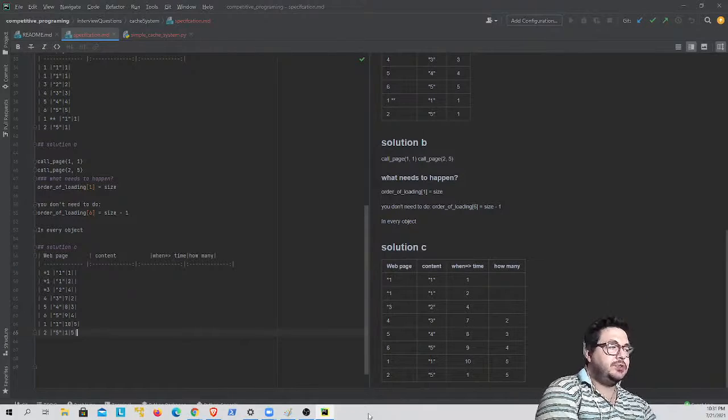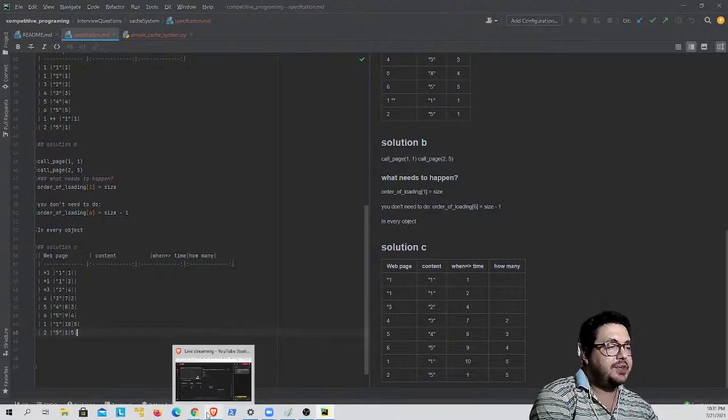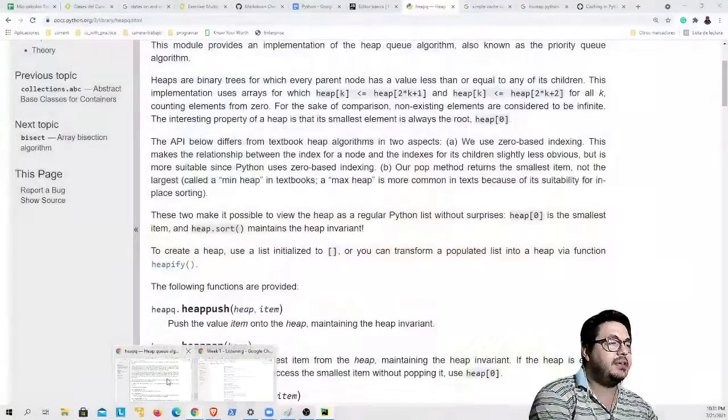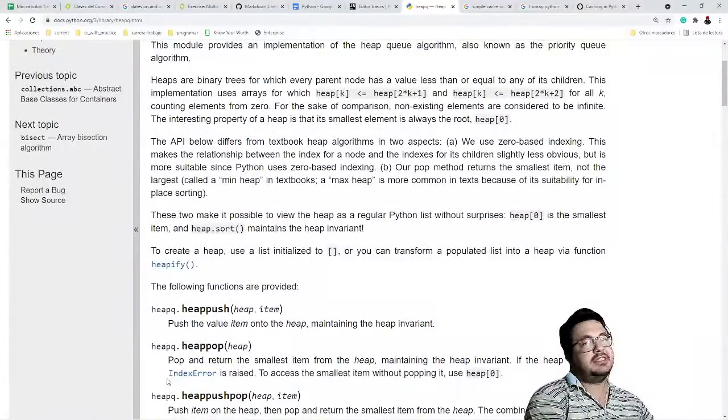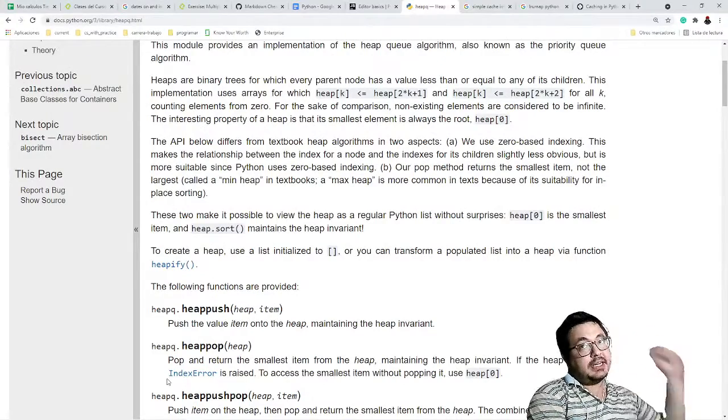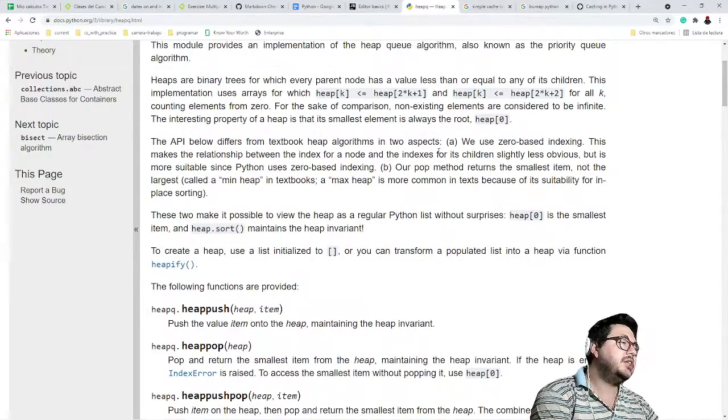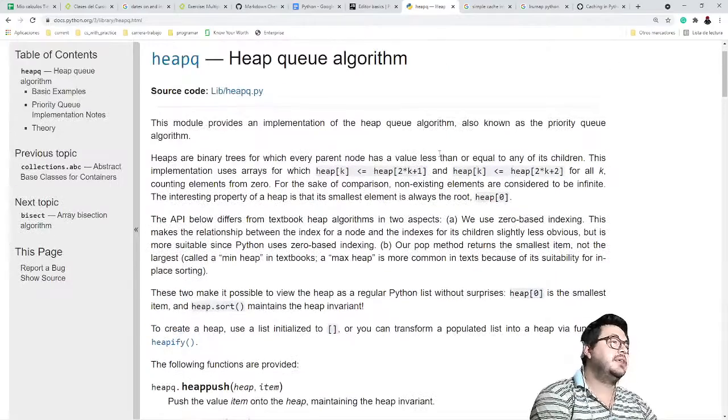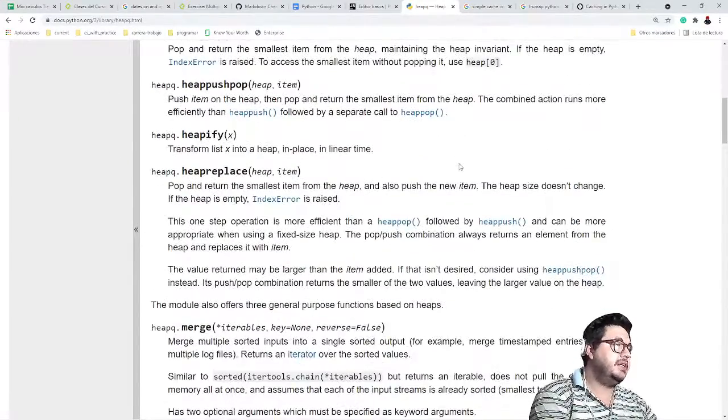When I try to solve that with the time, having a unique time, a time that just goes up, I try to solve it with a heap, and it's cool.